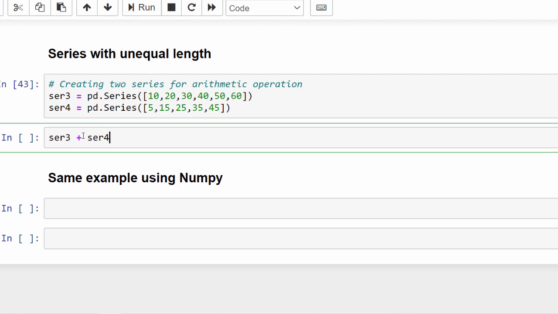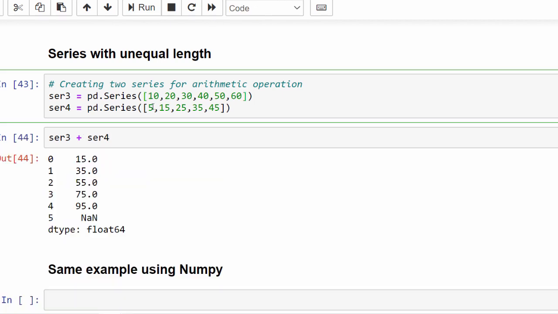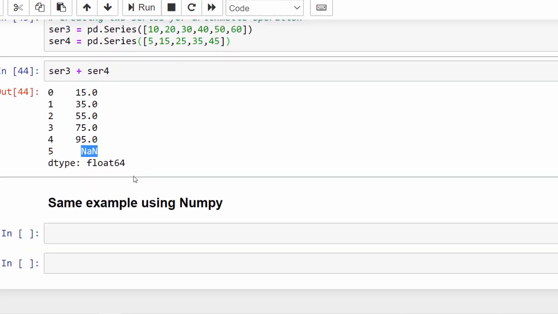SER3 plus SER4. Element-wise addition performed, 10 plus 5 that is 15. At the end you can see here 60 is there, but there is no sixth element in series 4, so it filled that value with NaN. NaN means not a number. Good part about Pandas is instead of throwing the error, it just filled with NaN.